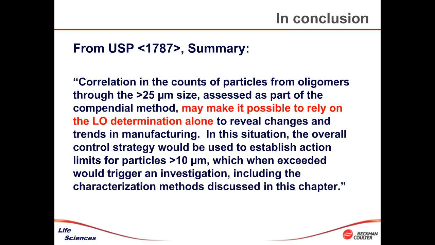So, again, from the 1787, which is an advisory chapter in the USP, they talk about the information that could be used and gained from light obscuration, because that is the primary method spoken about in 787. Correlation in the counts of particles from oligomers through the 25 micron size, assessed as part of the compendium method, may make it possible to rely on LO determination alone to reveal changes and trends in